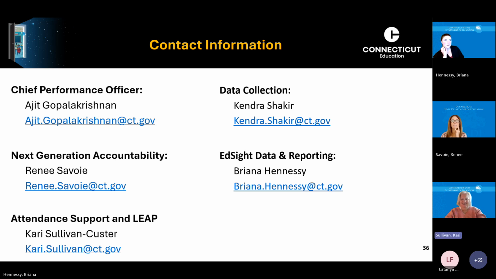I'm typing it. Students have to be present for half the school day or more to be considered in attendance. That's the State Board of Education's definition. So if you have a student who's missing a lot of school because they have appointments and such, they need to be there half a day to get credit for those days.